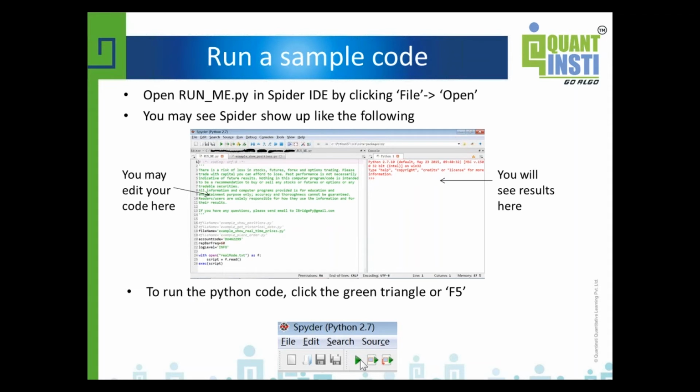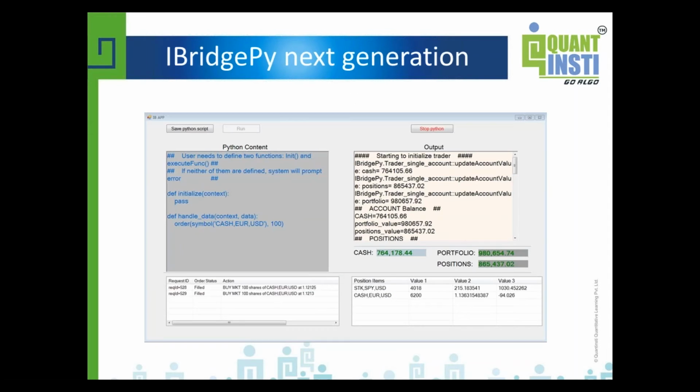The left-hand side is runme.py, and on the right-hand side you will see the result of your program. When you're ready to run your Python code, just click the green triangle or press F5 to run it.